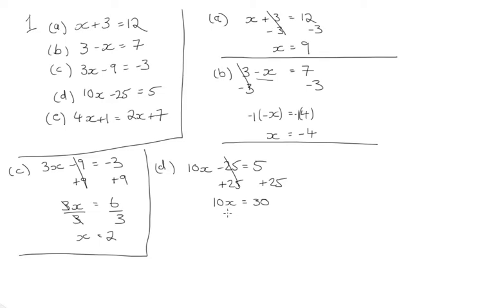I want to get rid of this 10. This 10 is being multiplied by the x. What's the opposite of multiplication? It's division. But I have to divide both sides by 10. They cancel, and I'm left with x is equal to 30 divided by 10, which is 3. I'll just draw a line through there. And then E,